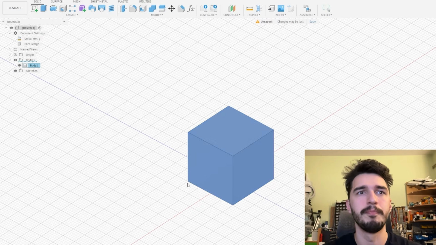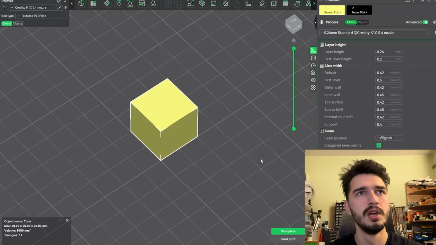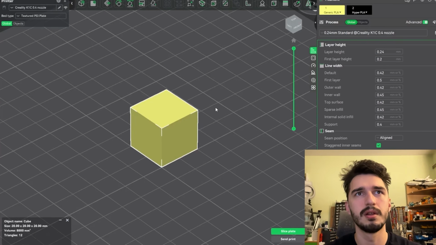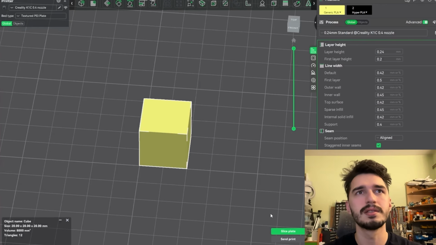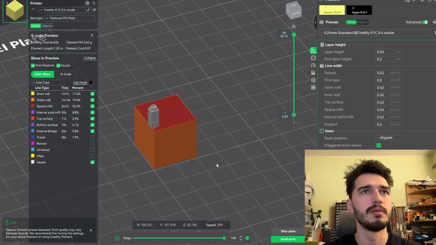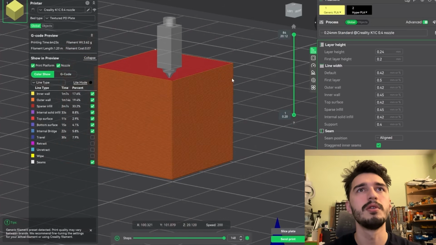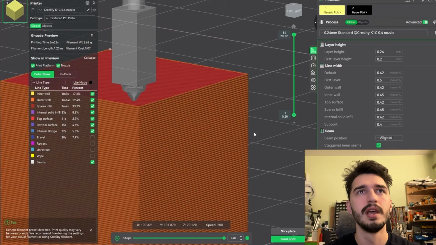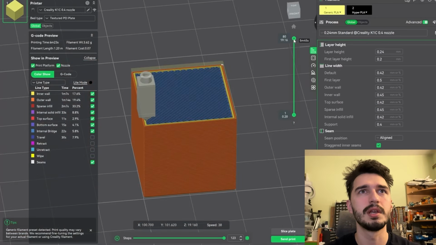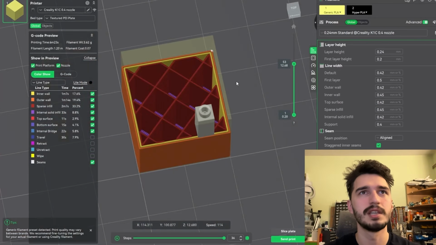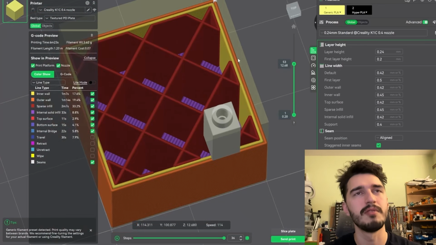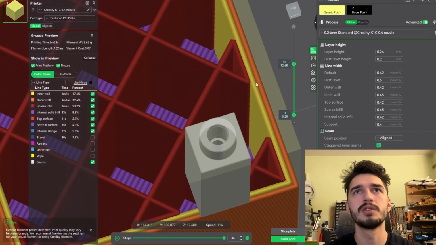Let's look at that part now. This is Creality Print, which is the slicer that is configured for my K1C 3D printer. And here I have the same cube that we've just designed loaded up. So if we click Slice Plate, we will get something like this. If you remember from the drawing, you can see all of those individual lines. And a really cool feature here is that you can see how the print looks inside. And here are some interesting details that we may have mentioned. You can see all of the infill, you can see the outer walls, and we can adjust all of those